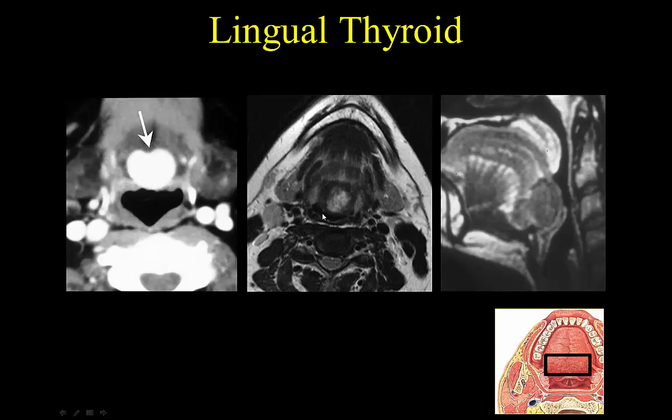Another example of lingual thyroid tissue, maybe what can tip you off is the central area of increased T2 signal. Certainly a mass on its own, you have to think of squamous cell carcinoma, but hopefully you'll have the proper testing to suggest that the patient's hypothyroid. And this is the sagittal non-contrast T1 weighted imaging, again demonstrating lingual thyroid at the level of the foramen